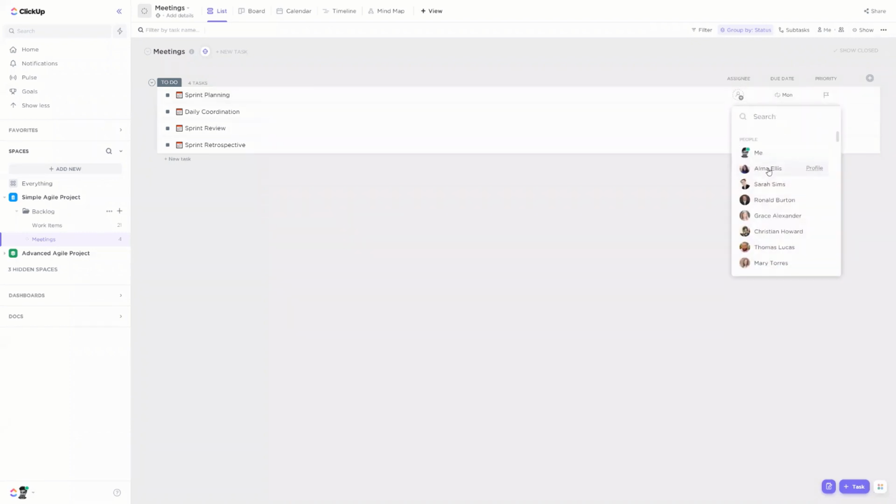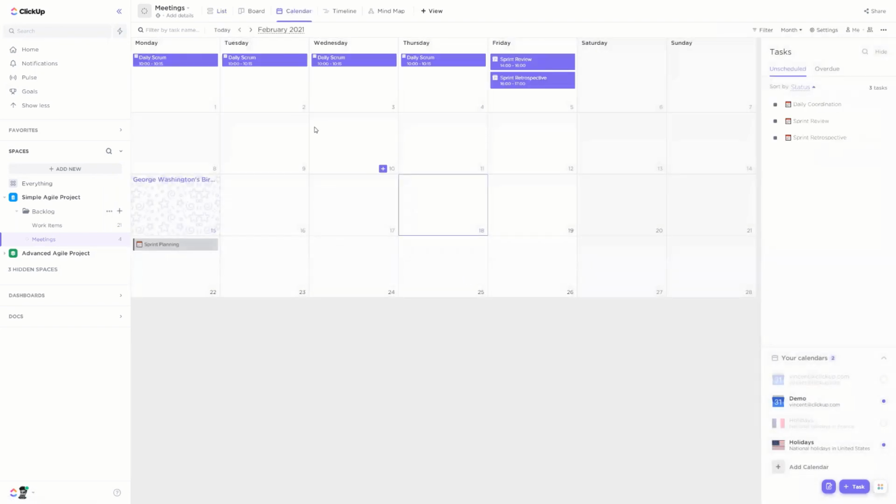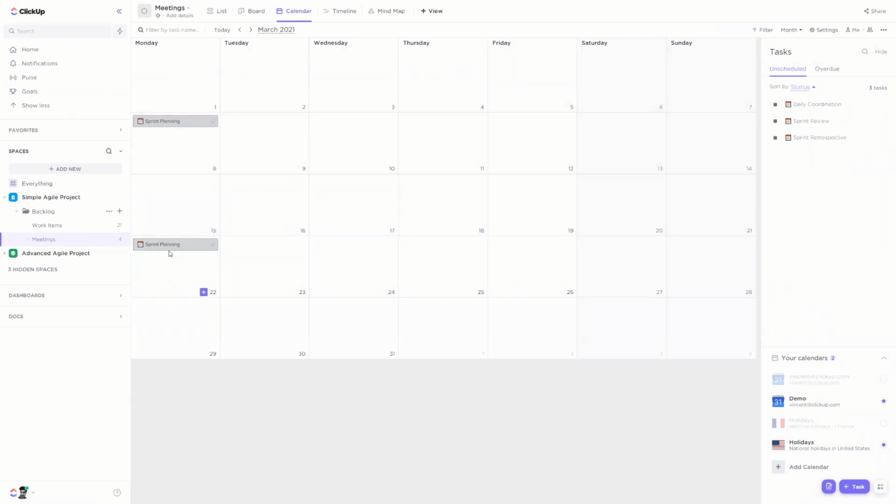So we can add multiple assignees directly from here. Or if we want to go faster, we can select a full team of 5 people, for example, like that. And now the best way to visualize meetings is in a calendar view, just like this one here. As you can see, it's very great because you can see all of the recurring meetings directly as tasks like